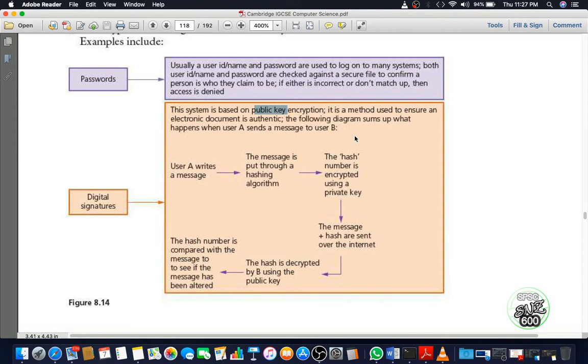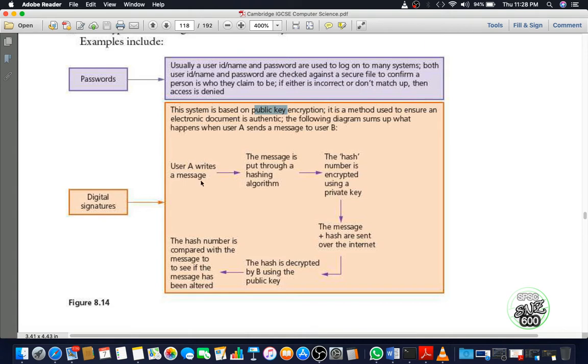If the digest is correct, then user B confirms the message is correct because the message has come from the correct user. And if user B gets a digest that is not correct, that does not match the sent digest, then in that case user B confirms that the message is not genuine. So let me explain what actually happens here.